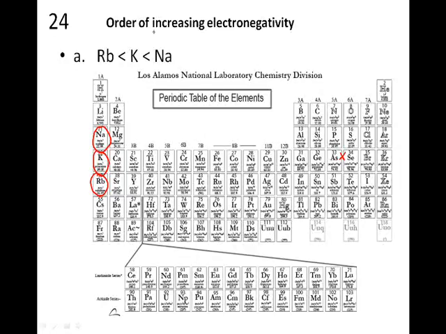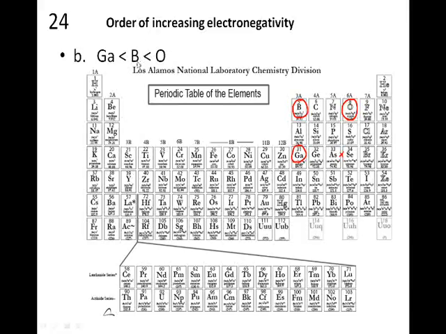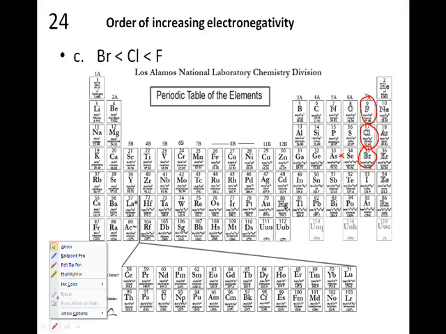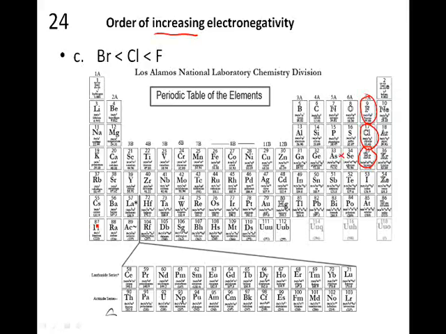put them in order of increasing. Oops. Go back there, find a pen to write with. Increasing electronegativity. And since you know the smallest electronegativity is here and the largest electronegativity is here with fluorine, you know the general trend. And so bromine is going to have a lower electronegativity, chlorine next, and fluorine highest. So that would be,